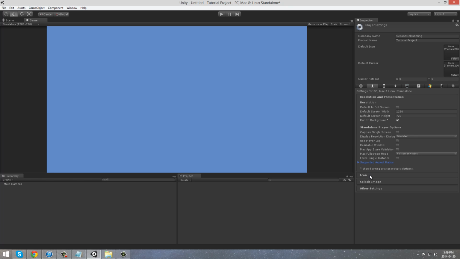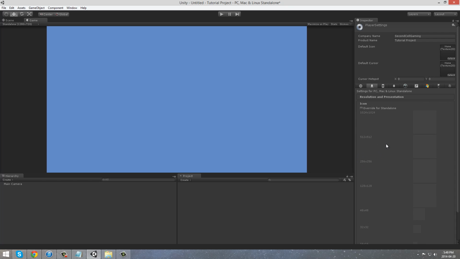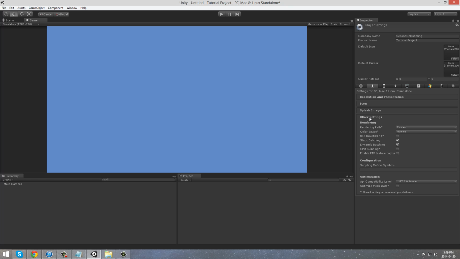In the icon settings, the icon will be dealt with by itself once you choose something in this field over here. In the splash image, I honestly am not even sure what splash image does, so I'm just going to leave this as none. In other settings,